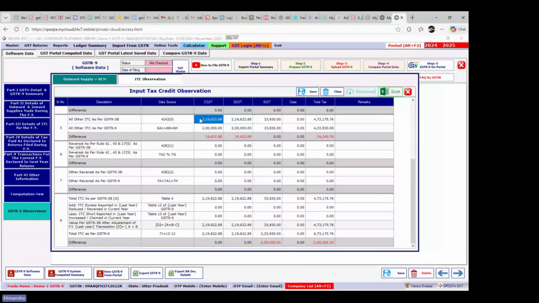तो अगर हमने ये 19,000 नेक्स्ट ईयर में क्लेम करी है, तो 3B को तो ये पता नहीं होगा, तो हमने यहाँ पर इसको मेंशन करेंगे नेक्स्ट ईयर क्लेम। तो यहाँ पर रिमार्क्स का कॉलम दिया है, इसमें अपने रीजंस डाल लीजिए अगर डिफरेंस आपको नोन है। ठीक है, ये जस्ट आपके अंडरस्टैंडिंग के लिए कि 3B से भी एक बार कंपेयर करके फाइल करने जाए तो आपको कोई क्लैरिटी होगी तो आप लिख सकते होगे, इसके पर्पज से है सर। इसका कोई रेलेवेंस पोर्टल पर नहीं जाएगा, लेकिन पोर्टल पर फाइल करने से पहले आप ओवरव्यू लेने के लिए है केवल।